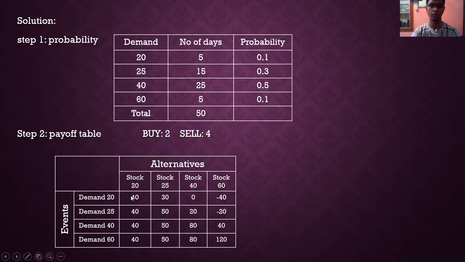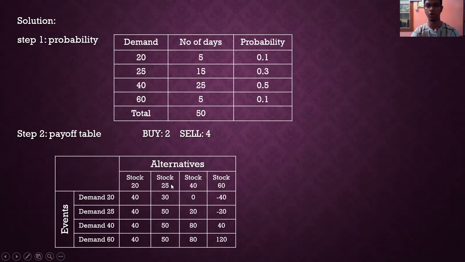So how to do that? We have a stock of 20 and a demand of 20. So here we can meet our stock and demand. The whole 20 stock we can sell to this whole particular demand. So 20 into 20 we can meet. The profit of each unit is 2, right? So 2 into 20 will give us 40. Like this we are multiplying and writing the profit amount that we got.